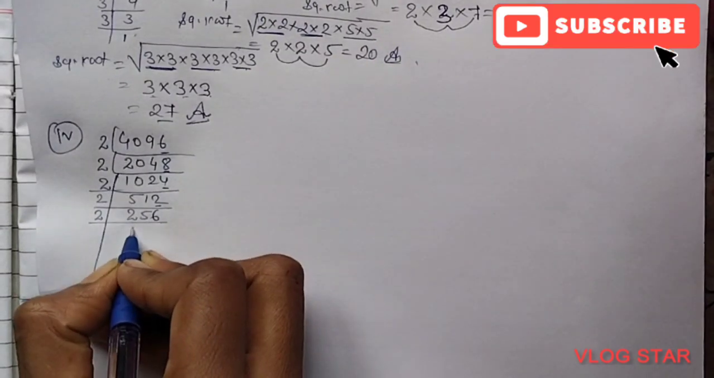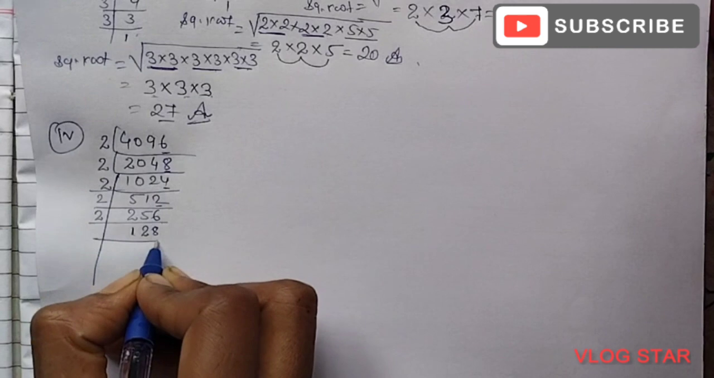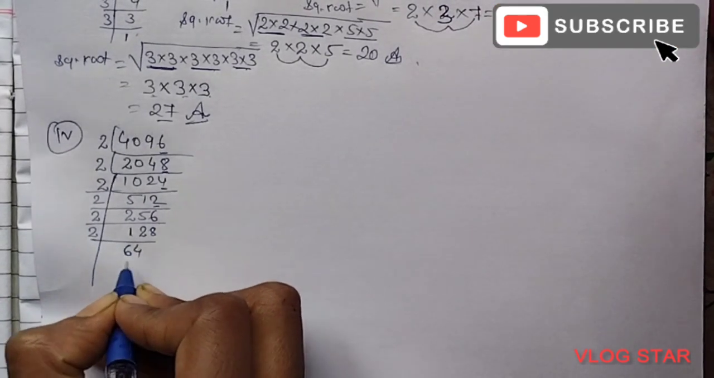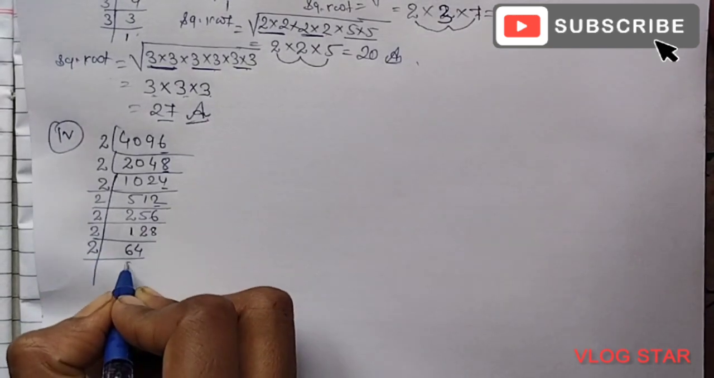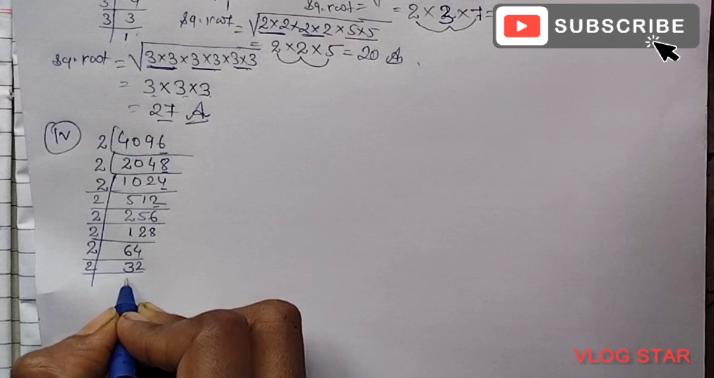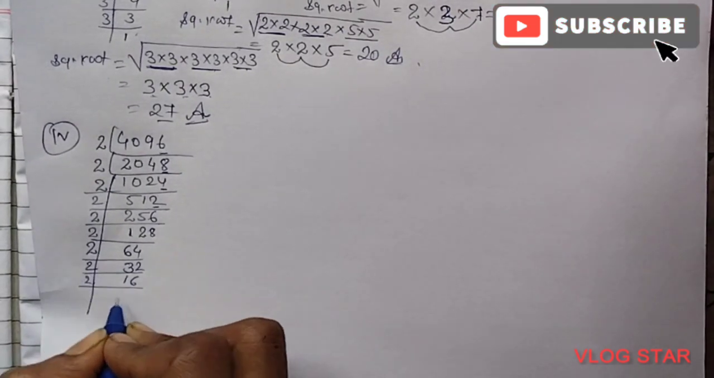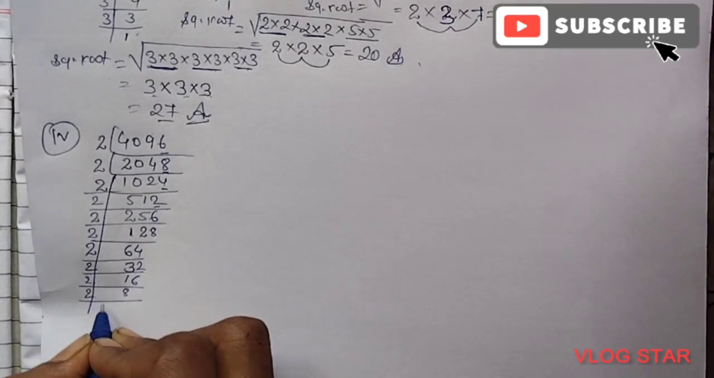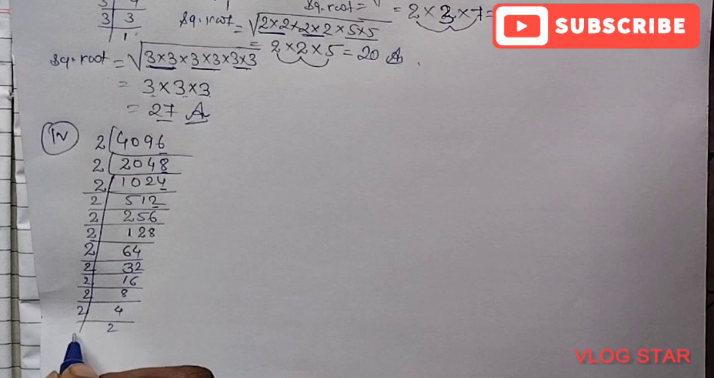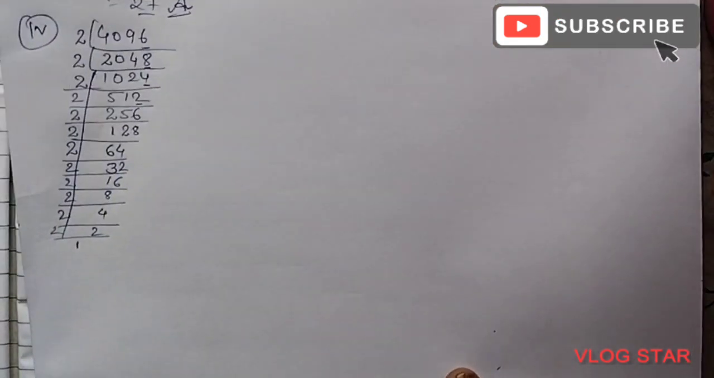2 1s are 2, 2 2s are 4, and 2 8s are 16. Again divide by 2. 64. Again it will be divided by 2. So 32. Again it will be divided by 2. 16. 8, 4, 2, 2 and 1. So the square root of this number will be